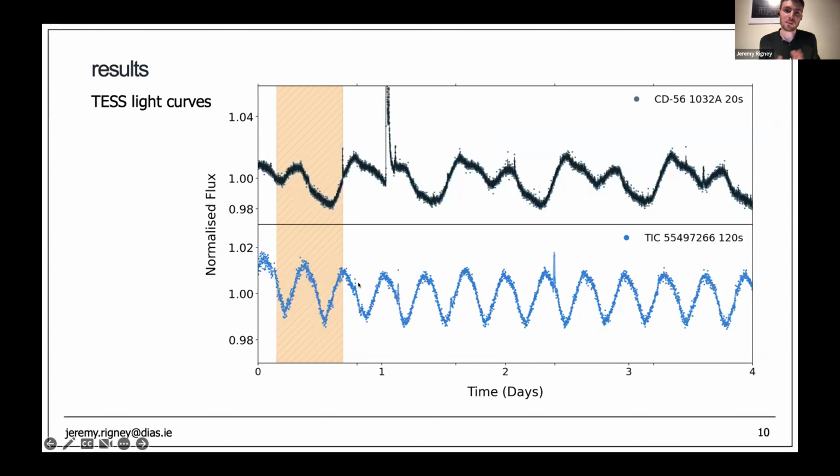Here are some TESS light curves of 2 of the stars, and highlighted in orange is the simultaneous observing region with ASKAP. And what you'll notice is that there are no clear flare events in the TESS light curves that overlap, bar this one at the very, very end. However, unfortunately, during that very last few minutes, the noise at the radio wavelengths was far too high, so we had to discard that last bit of data.